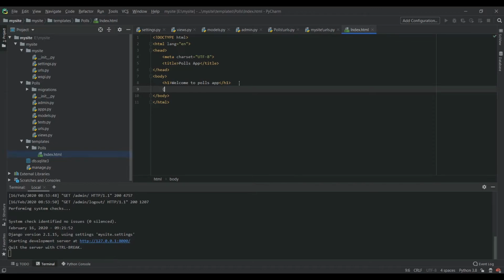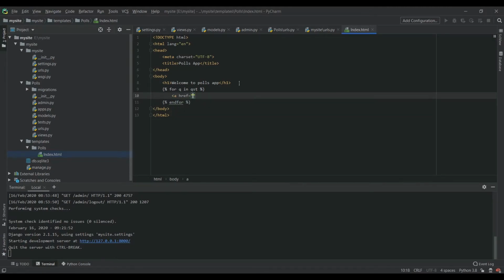This is how we run the Python code in HTML in Django, with braces and percent signs. We are going to create a for loop over that object, which is QST, and we have to end the for loop if we have created one. So again, braces percent braces, and in there we write endfor, which ends the for loop, and inside the for loop we are going to